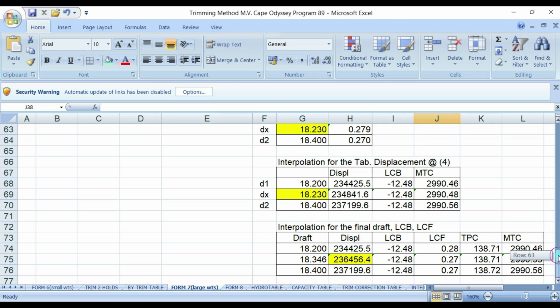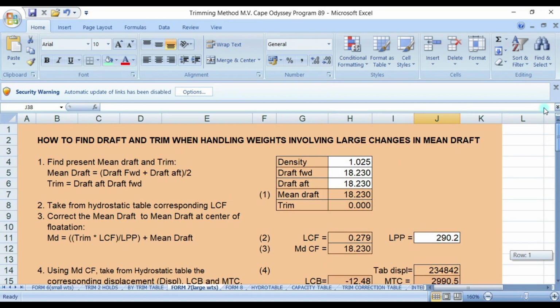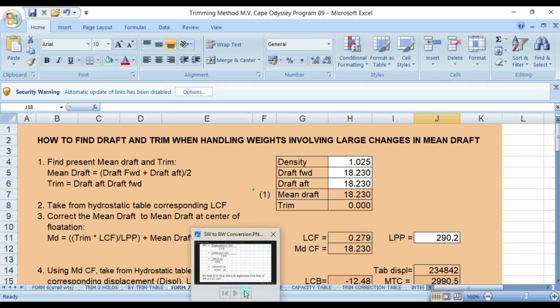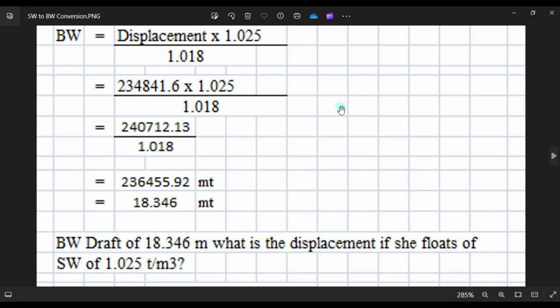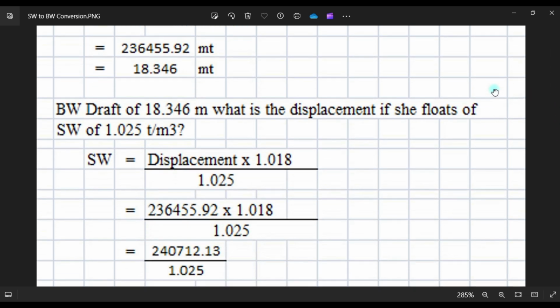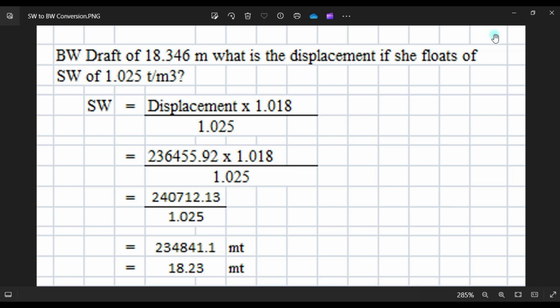Then let's convert this one, with this figure, to salt water. Okay, so with this formula, brackish water of 18.346, what is the displacement if it floats in salt water of 1.025? Now it's the reverse.